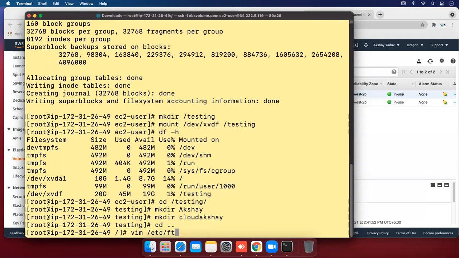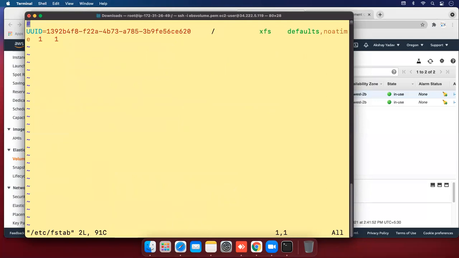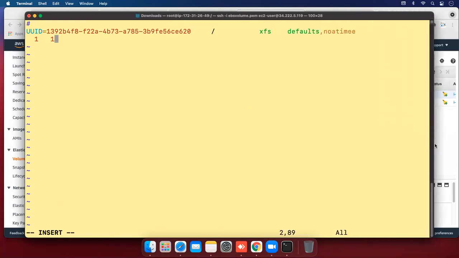vim /etc/fstab. Hit enter. Here you need to enter details of your disk. So let's go to the end, and let's maximize this tab. Hit enter, and you need to add the disk type /dev/xvdf.